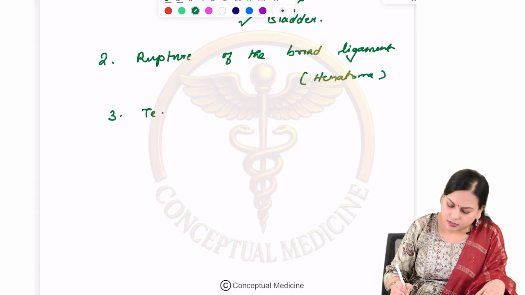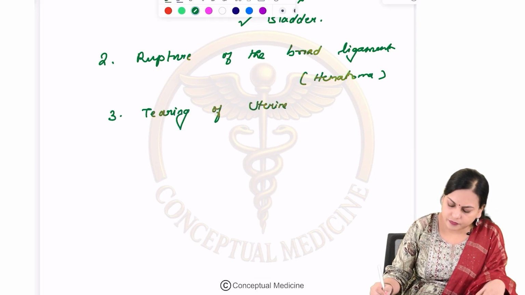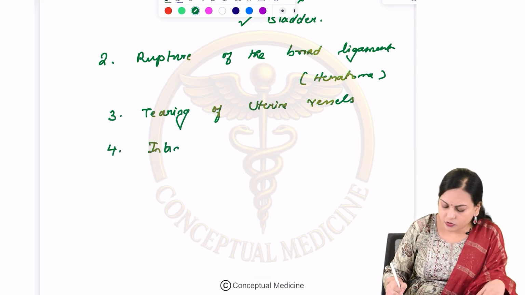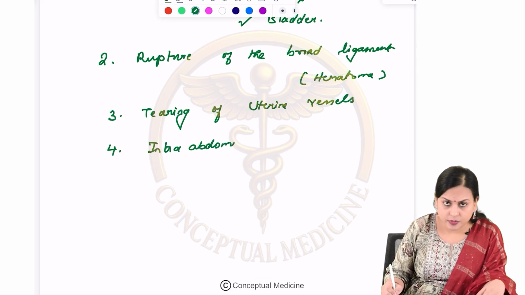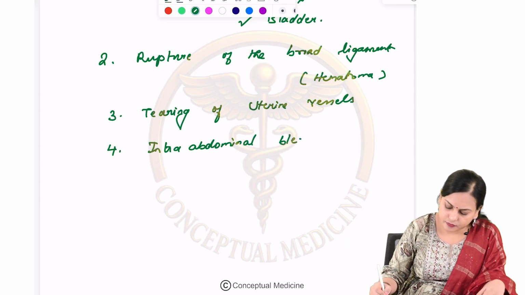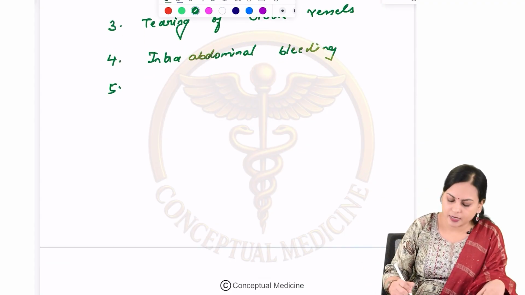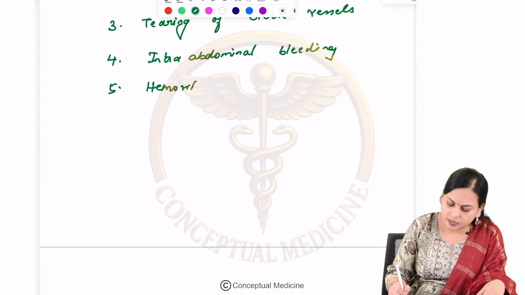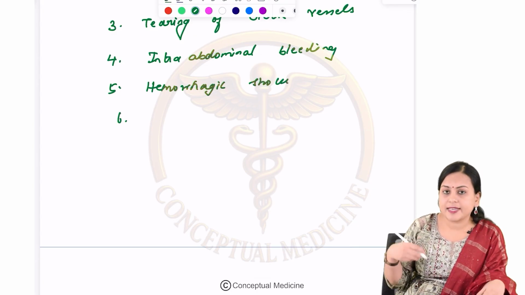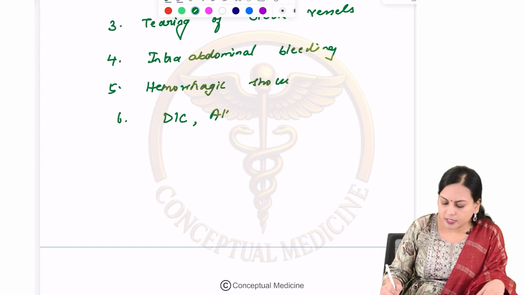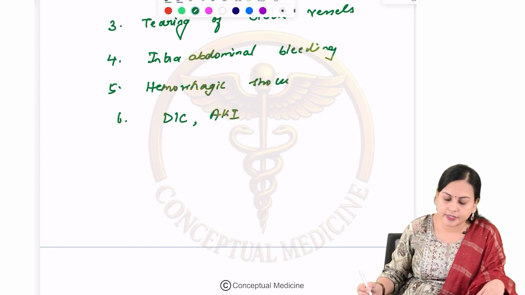There can be tearing of uterine vessels. There can be increased risk of intra-abdominal bleeding. Because of the intra-abdominal bleeding, there will be hemorrhagic shock as well,